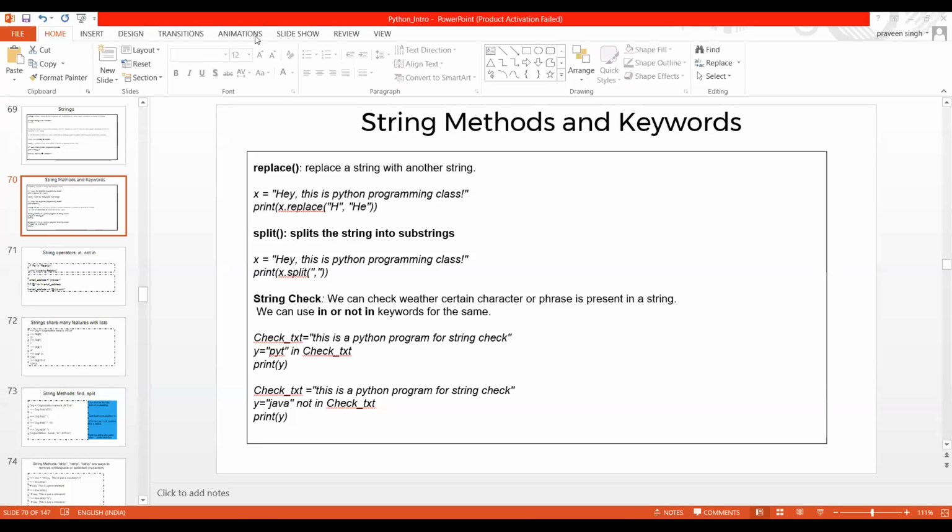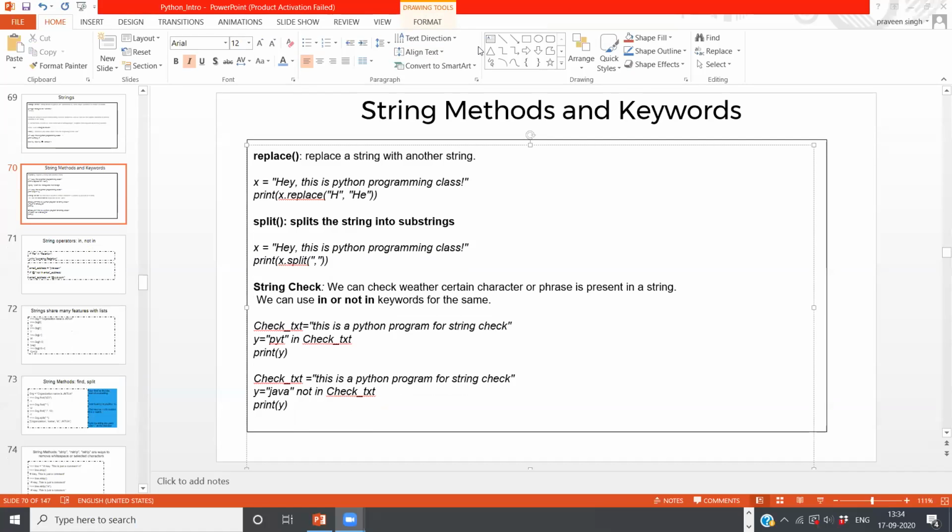Can somebody help me with that, or should I proceed with what you can see on your screen? Guys, do let me know if somebody would like to repeat something, or otherwise I should start. I'm not getting anyone's response. Okay, I'm getting some responses.